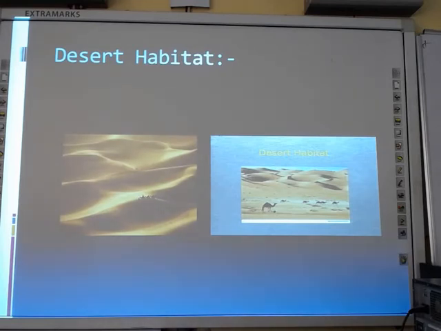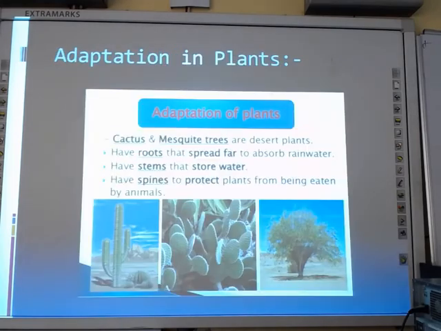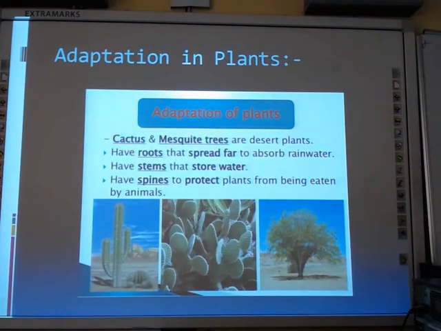And you have also seen camels, snakes and rats, all of which are present in the desert habitat. Why are they present only in the desert habitat? This is a plant you may find only in desert climatic conditions, the cactus. Why is it found in the desert? Because that plant is adapted to the desert habitat.